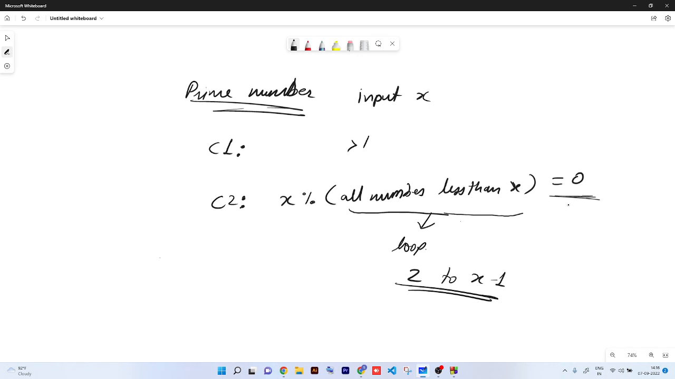हाउ वुड यू डिसाइड कि प्राइम है वो? I'll tell you only one thing, each number will have a remainder,